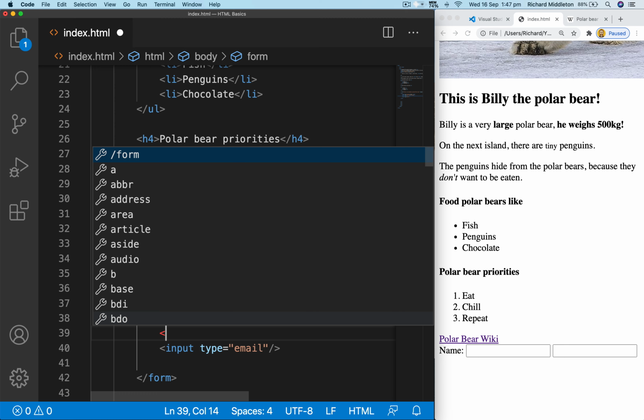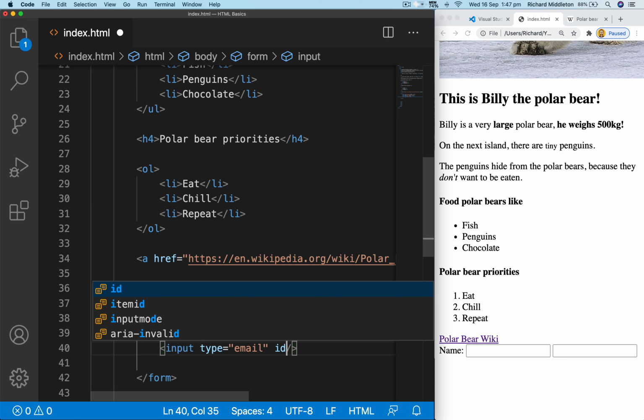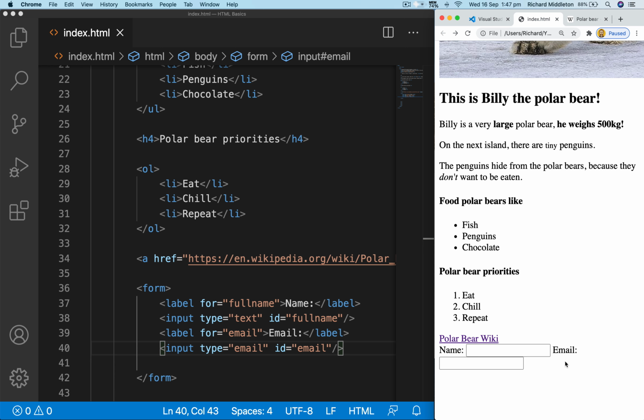We'll create that label. Label for equals email. Oops. Email. And we're going to say email. And of course, we need to add the ID so that it's clickable. ID equals email. And now that is clickable. It's obviously a little off now because